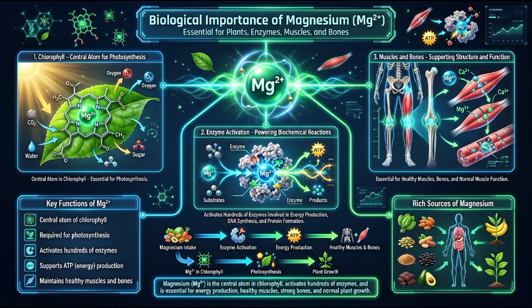In muscles, magnesium works together with calcium to control contraction and relaxation. Calcium stimulates muscle contraction, whereas magnesium promotes muscle relaxation after contraction. This balanced interaction ensures smooth and coordinated muscle movement. When magnesium levels become low, muscles may remain partially contracted, resulting in cramps, spasms, twitching, stiffness, or weakness.